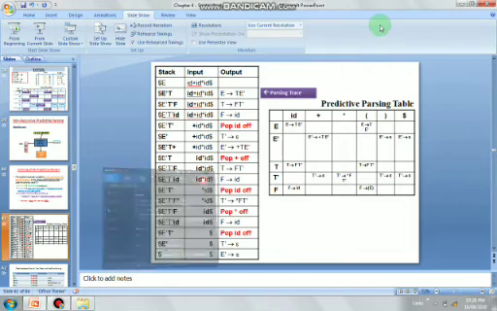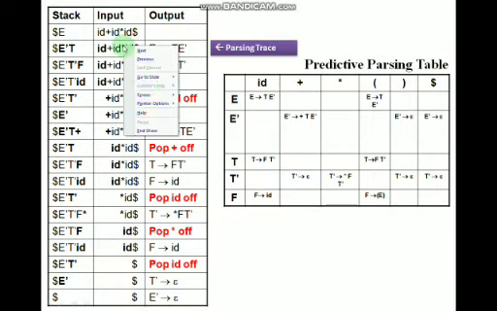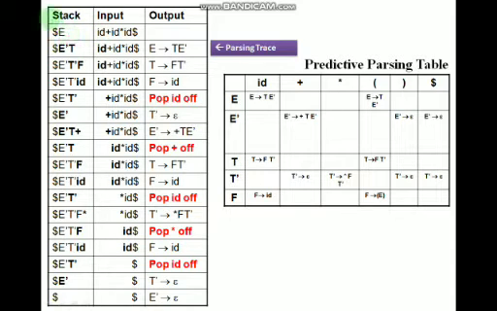So let's see how the non-recursive predictive parser works. We are taking a suitable example in order to understand this. So look here carefully. We will apply all three rules that we have discussed earlier. At the beginning of parsing your stack will contain dollar as the bottom marker of the stack and the start symbol of the grammar, and the input tape will contain the string to be parsed, that is id plus id asterisk id, and this dollar is the right hand marker of the input string to be parsed.